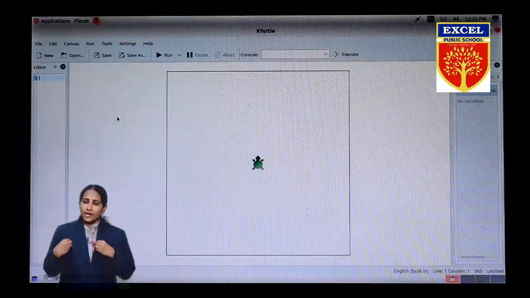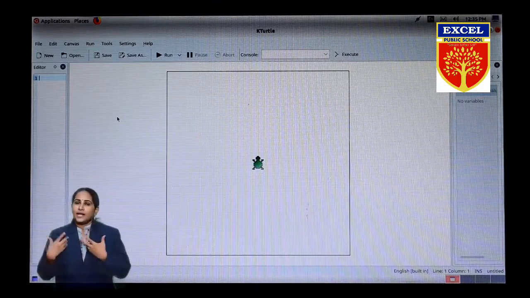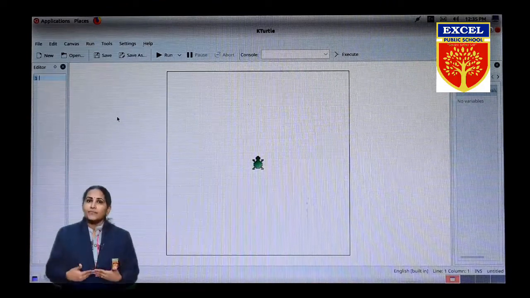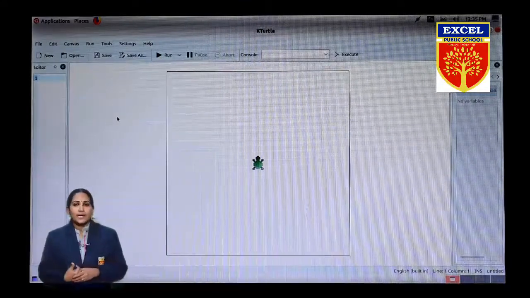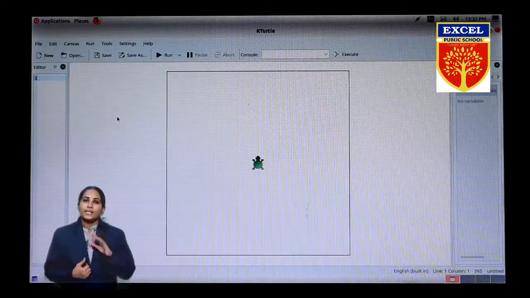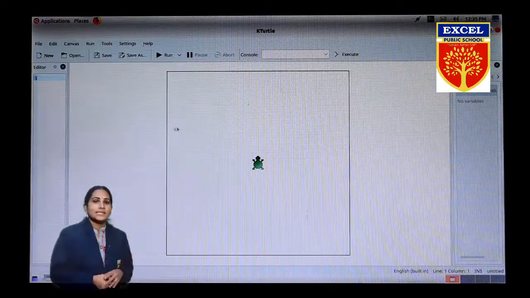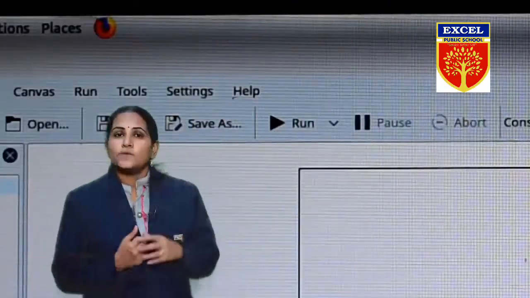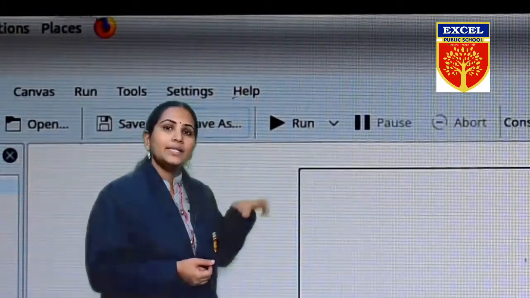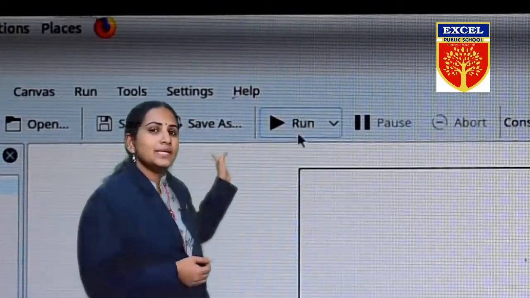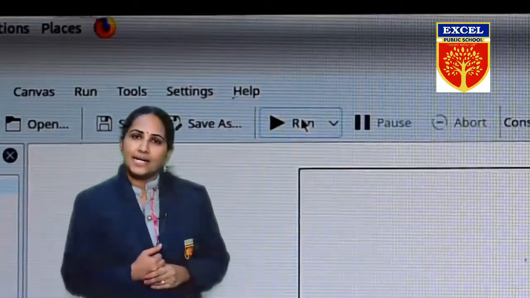We will give the command in the editor and the command will run in the canvas. When you give the command, you have to run the program. In the toolbar, the run option will be there, and with its help you can see how your program is running.